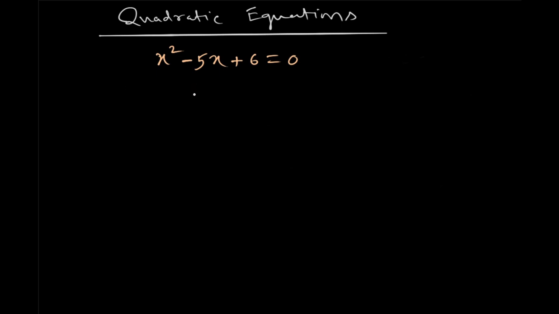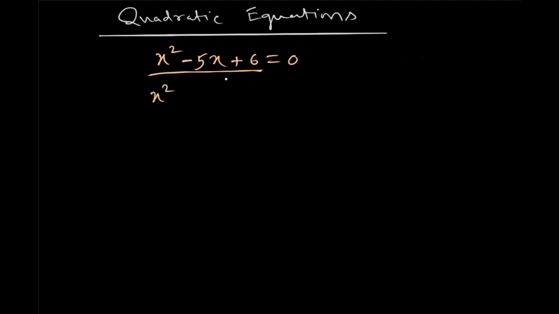How to solve this equation? This is a quadratic equation, so we will get two solutions of x. Now how to solve this? There are different methods, but we will use the factorization method. The first thing is that you have to factorize this polynomial. How do you factorize? First you have to split this term so that the sum of those two terms combined gives minus 5x, and the multiplication of the coefficients of those terms gives 6. So let us try this.